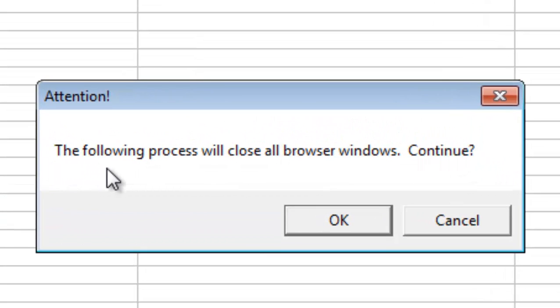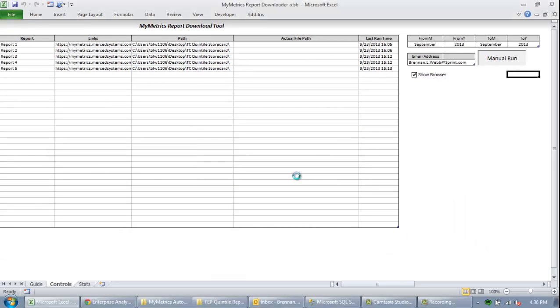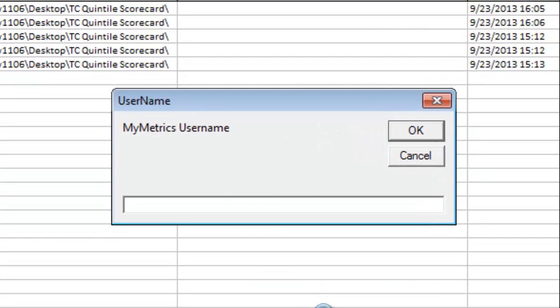And it's going to prompt us this following prompt. The following process will close all browser windows. So if you have an Internet Explorer, now this does not apply to any other browser but Internet Explorer, but if you have an Internet Explorer browser open and you're working on something, you need to make sure you save it before you hit OK, because it's going to close down everything to do with Internet Explorer. So let's go ahead and hit OK. And the first thing it's going to prompt you for, and it'll only prompt you one time during this whole